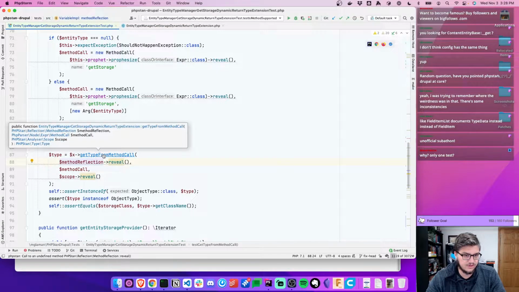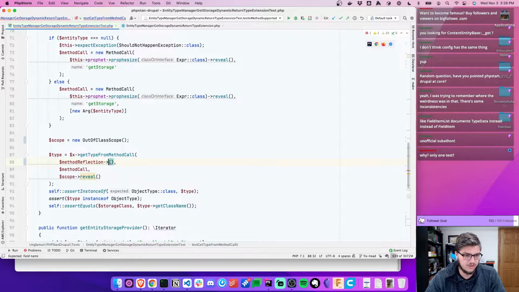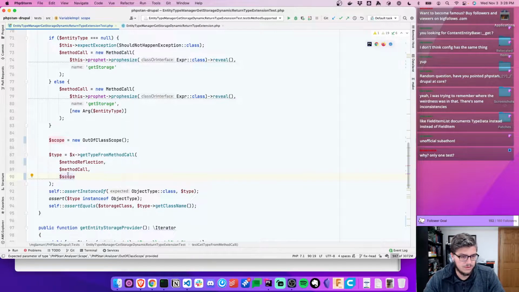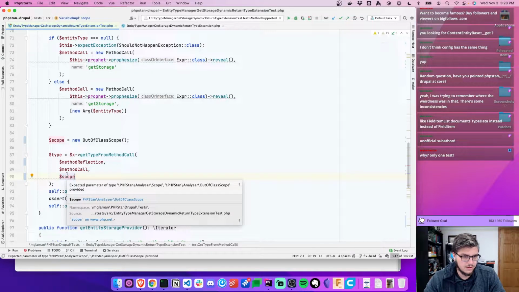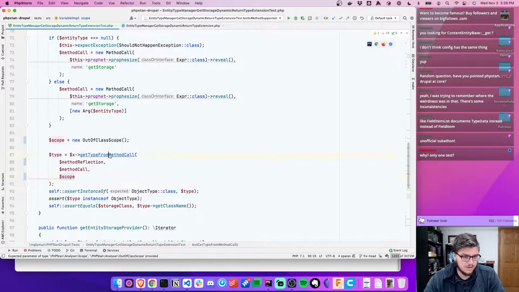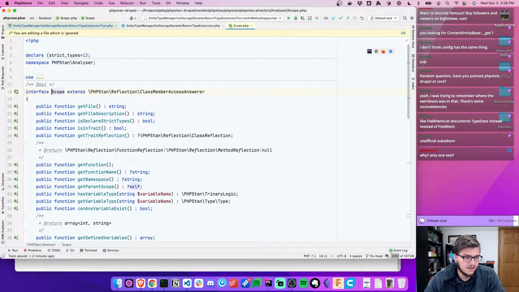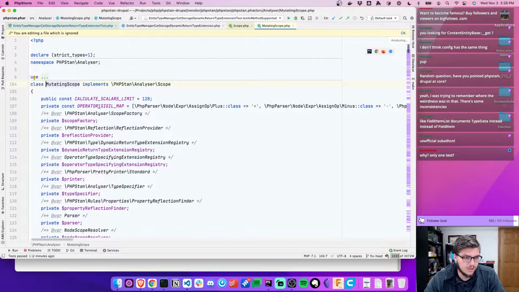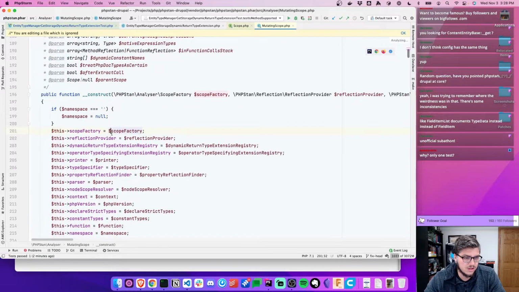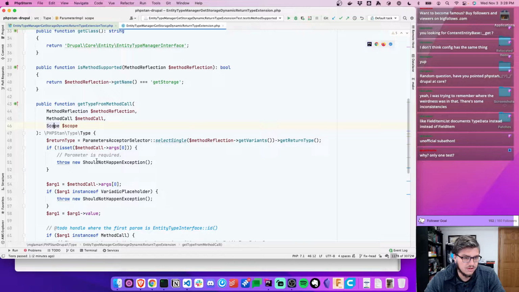So get type from method call should be just the method reflection. And the scope. Actually want the mutating scope, which is,